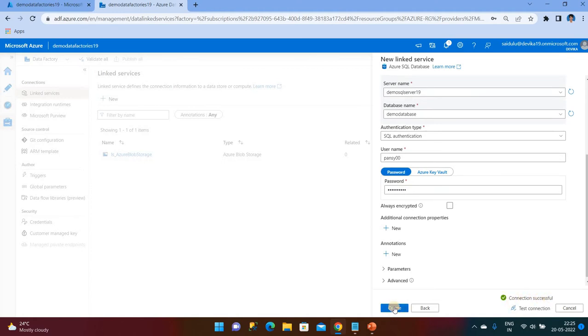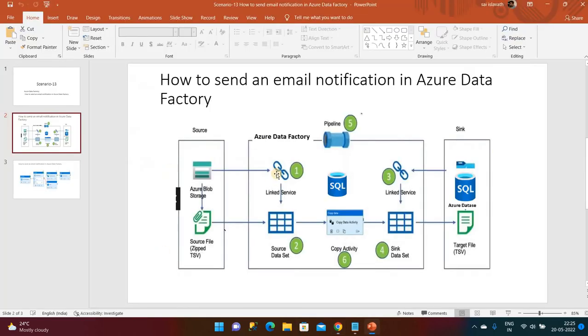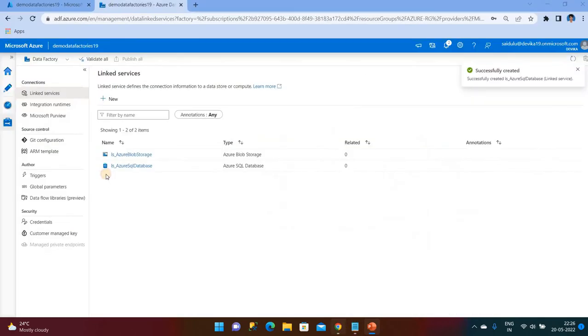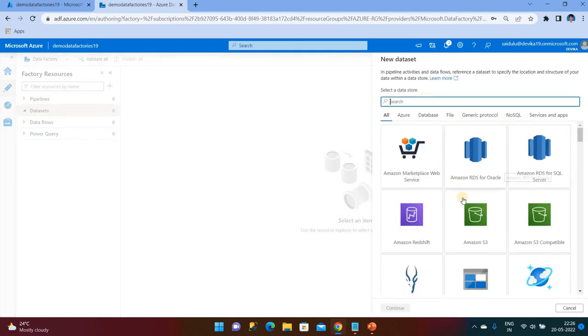So connection successful. Create. Now I have completed both the linked services. Let me create two data sets. One is the source data set, one is the sink data set. Now go to the Author tab, click on Datasets, click on New, and as we know that this is